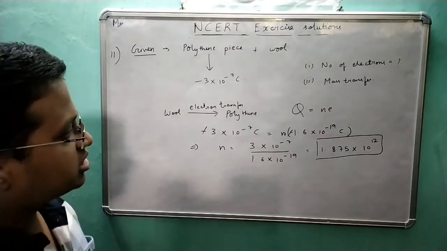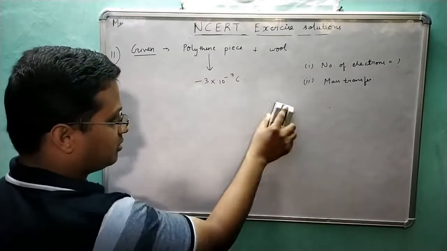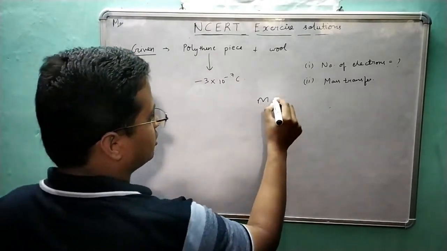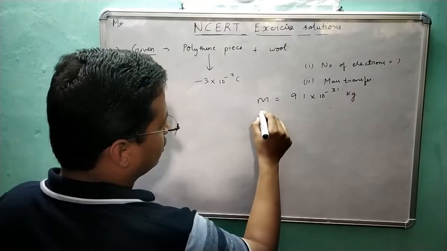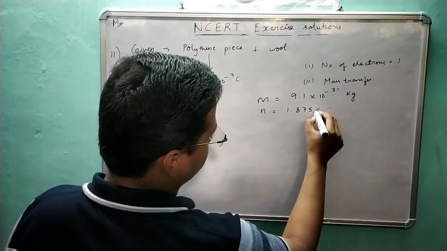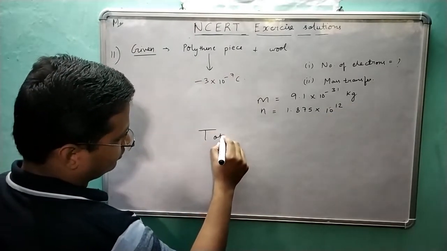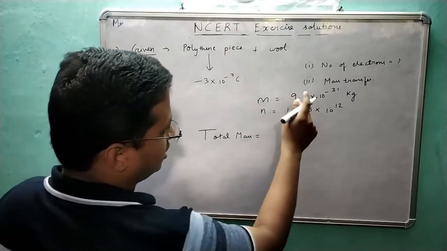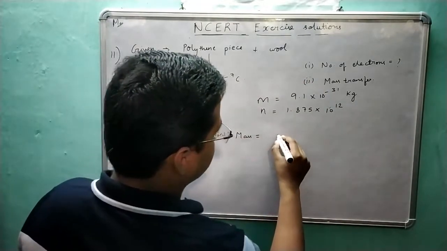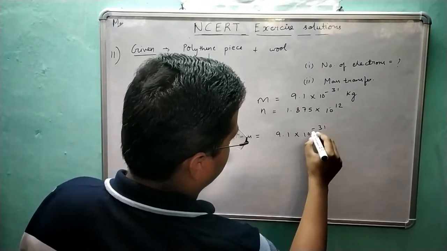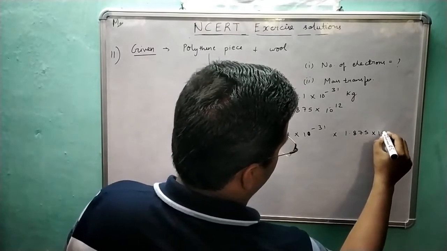Now, the next part of this question is how much mass has transferred. As you know, the mass of one electron is 9.1 into 10 to the power minus 31 kg, and the number of electrons that have transferred was 1.875 into 10 to the power 12. So total mass is equal to this into this. This is the mass of one electron and this is the number of electrons. So total mass is 9.1 into 10 to the power minus 31 into 1.875 into 10 to the power 12